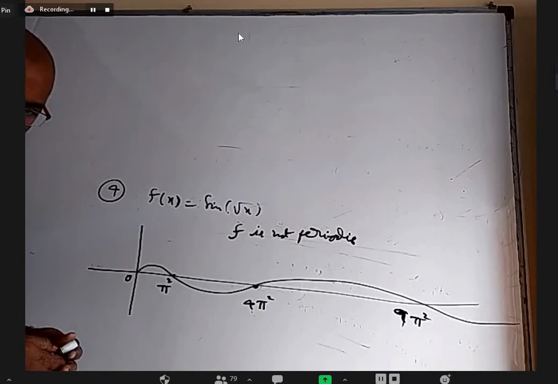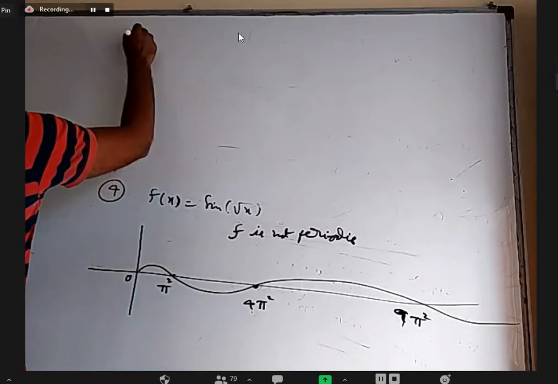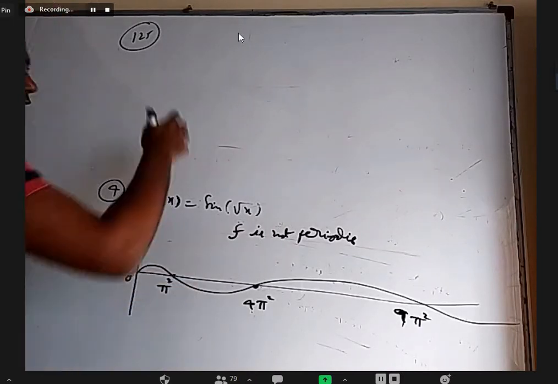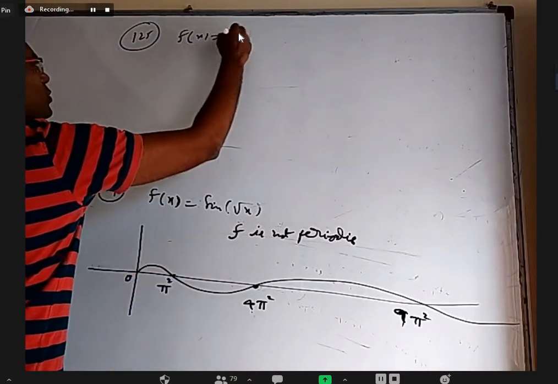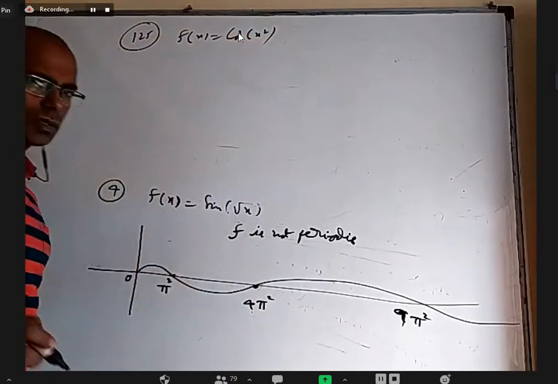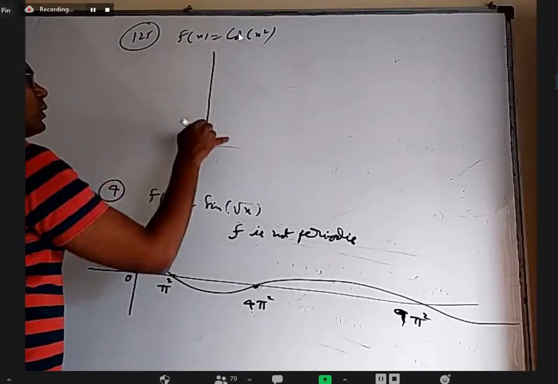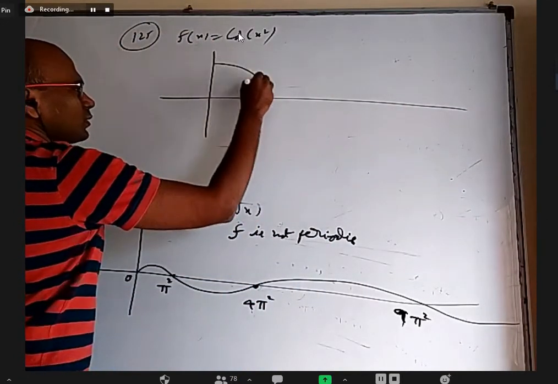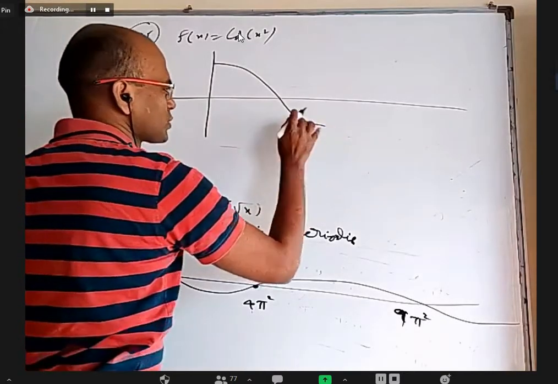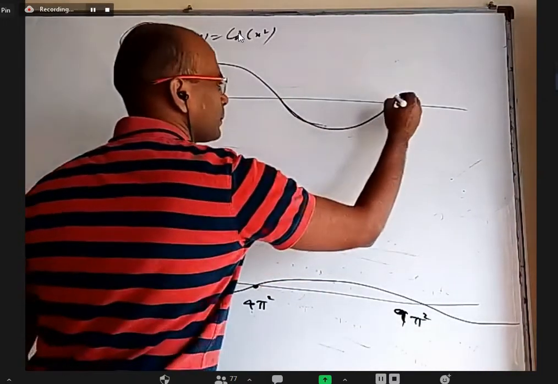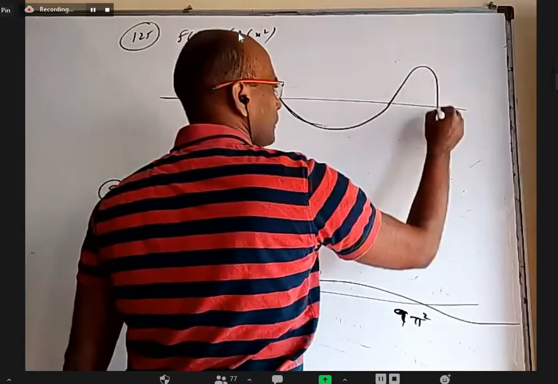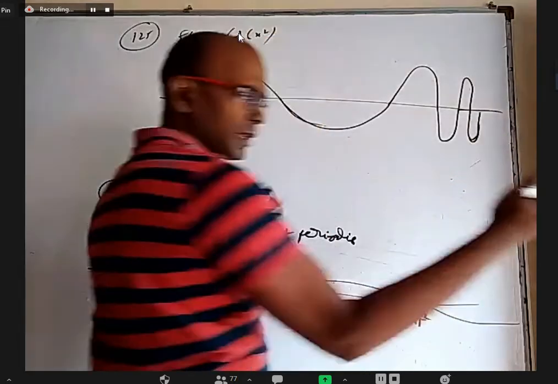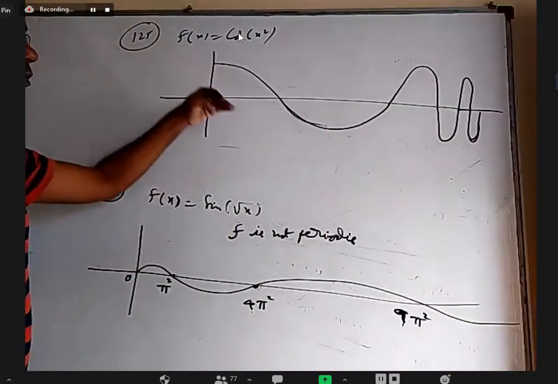Okay, so I'm continuing objectives from mains material 125. This is almost similar to this. They gave f of x is equal to cos of x square. This is also not periodic. What happens is the graph will be more and more compressed. Compressed means not based on height. Maximum value is 1, minimum value is minus 1.